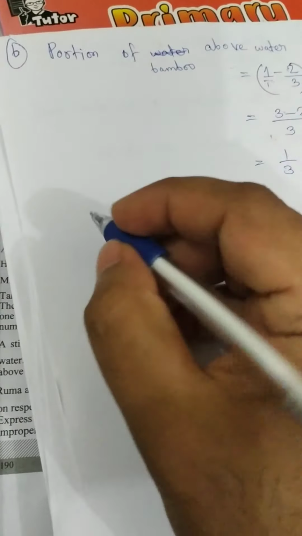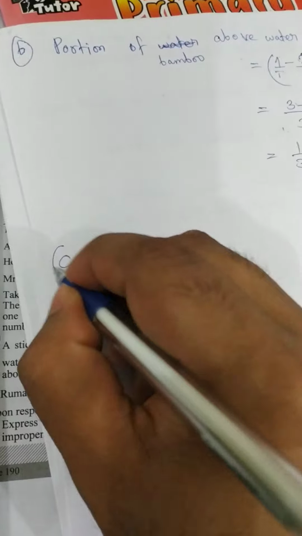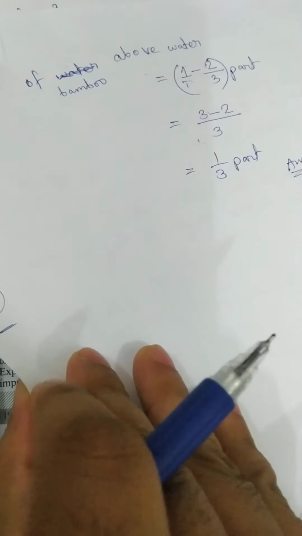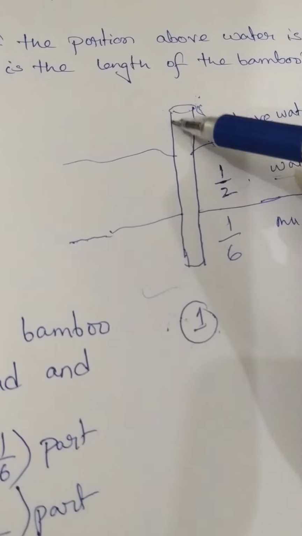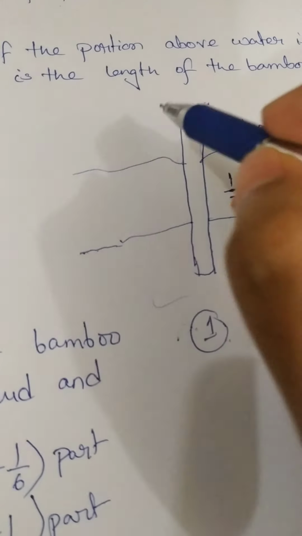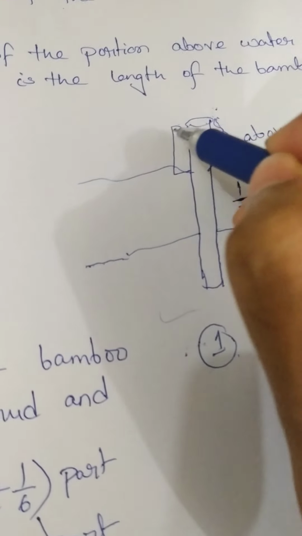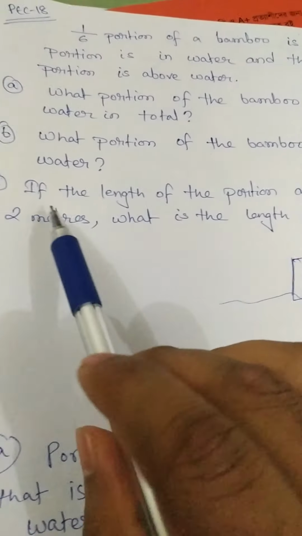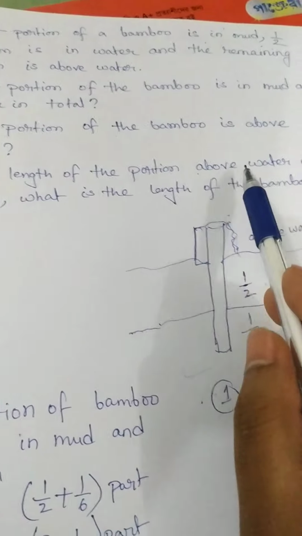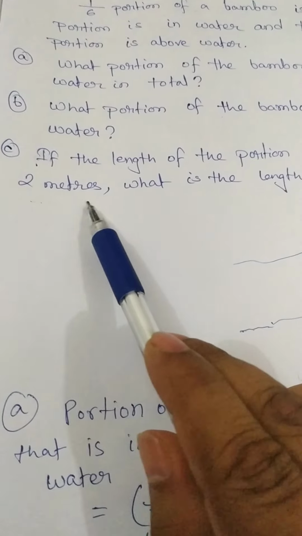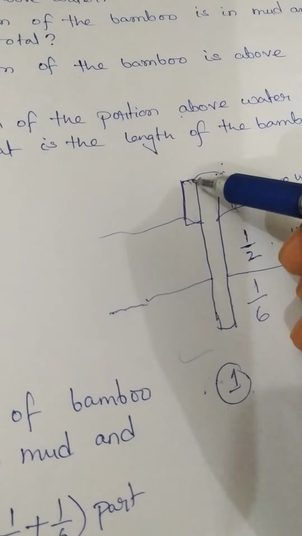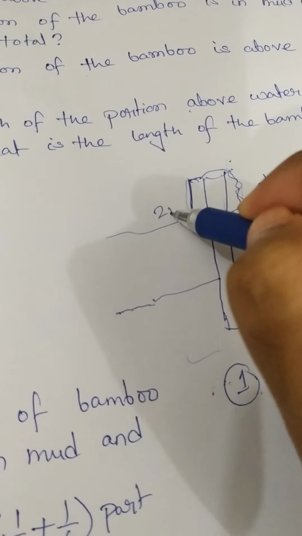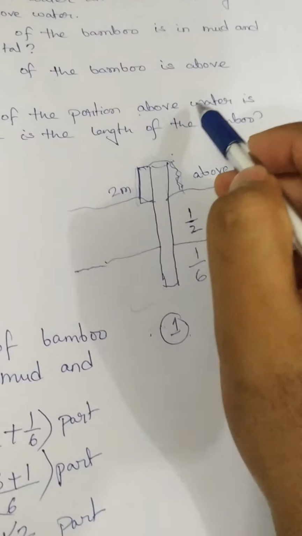Now the final question. So this is my answer. The final question is, if the length of the bamboo above water is, they have also mentioned that if the length of the portion above water is 2 meters, what is the length of the bamboo? Very easy. This portion is 2 meters. It's already mentioned. If the length of the portion above water